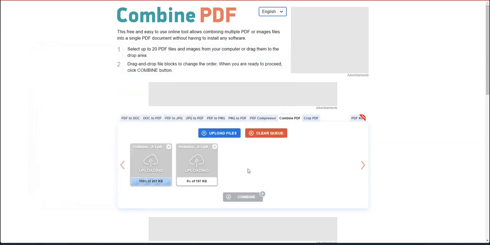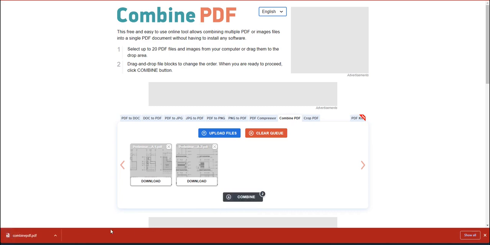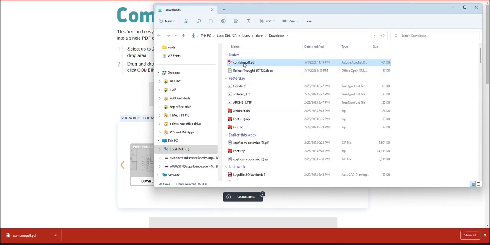It will upload each of them, and what it will do is it will combine them. Okay, so we simply combine, and it should download a file here on the downloads folder. So we simply go and show in folder. It should be in the downloads folder called combine. When you double click it,